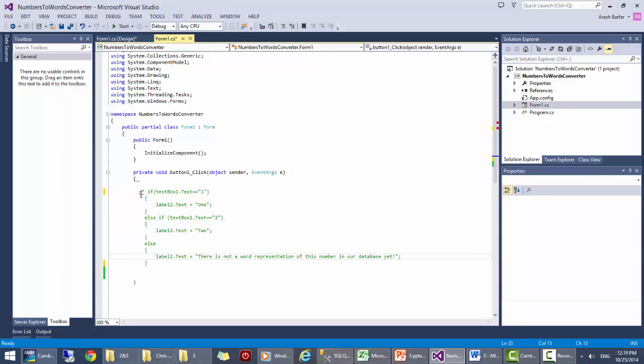section by changing it into comment. Now I'm going to use switch, and this is the variable that I'm going to investigate. So I copy this, paste it here, then case, and so if textbox1.text is equal to 1,